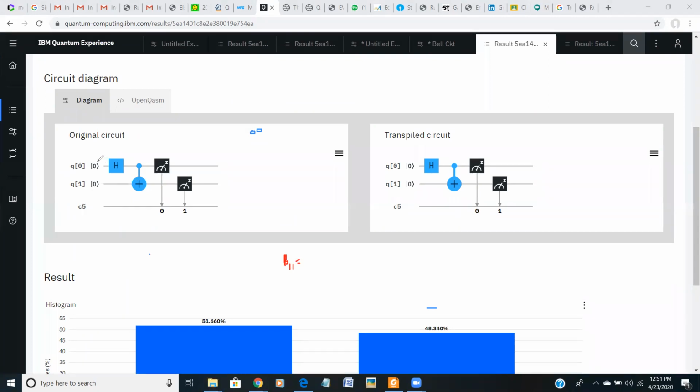If you had x here, which I have added, and if we had another x here, that is a NOT gate. So what is the input of that part? That part will be plus minus basis, right? For the time being, I am writing just minus. Minus means 0 minus 1 by root 2. And beta 1 1 means